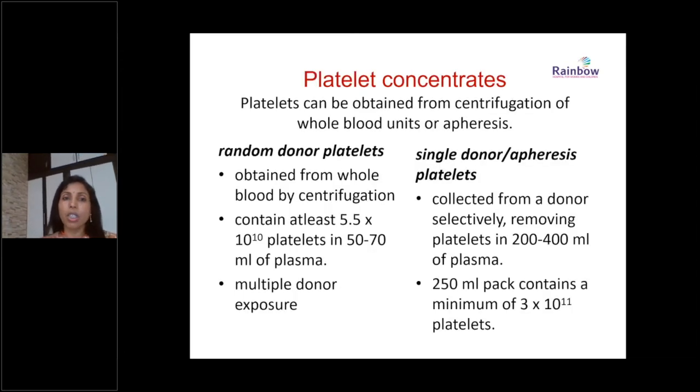So platelets, as we all know, we look at them as random donor platelets and single donor platelets. In random donor platelets, you collect from different donors and then pool and give. At least 3 donors will be there in one random donor platelet transfusion, whereas in single donor, you are collecting from one donor. So donor exposure is less and efficacy is high. So single donor platelets are always recommended wherever it is required. Whereas in random donor platelets, efficacy is less, almost 5 to 6 times less, inferior compared to single donor platelets.